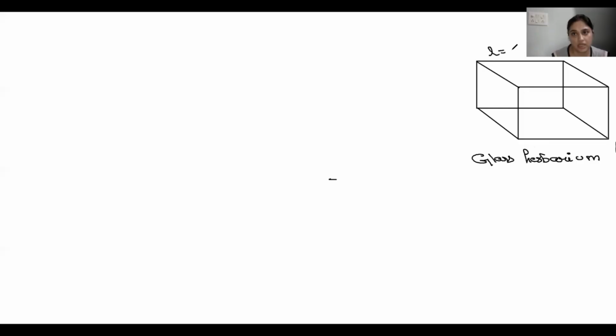So इसका जो length है, that is 30 centimeter. इसका जो breadth है, that is 25 centimeter. And height of this herbarium is 25 centimeter. ठीक है बच्चा? So for the first, area of herbarium is equal to 2 times LB